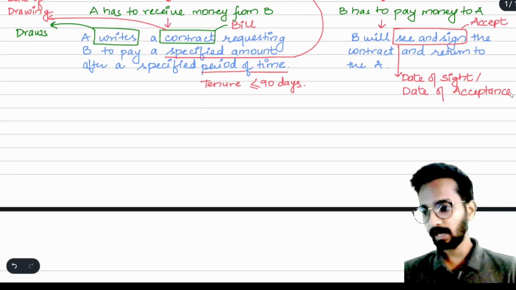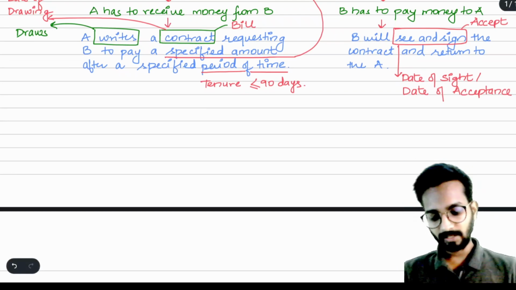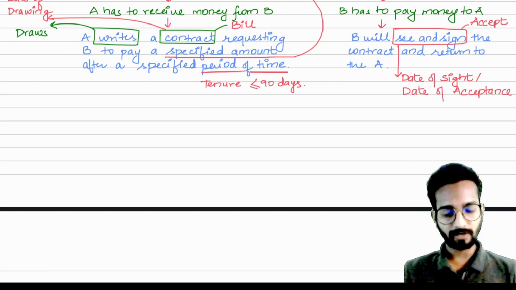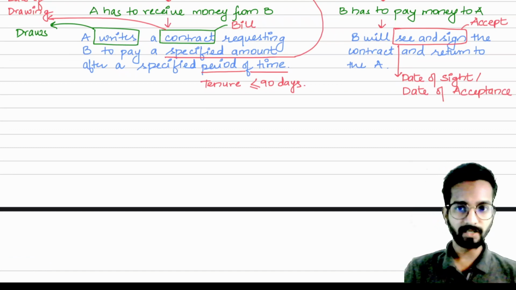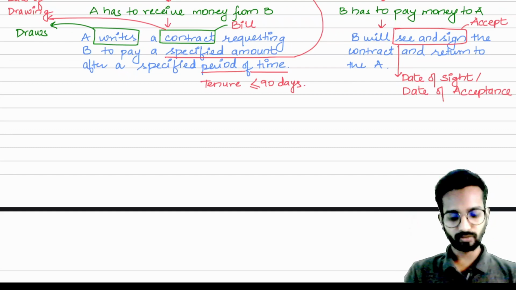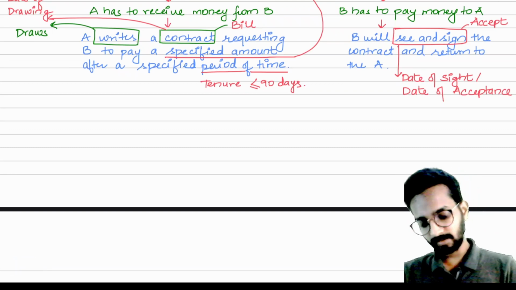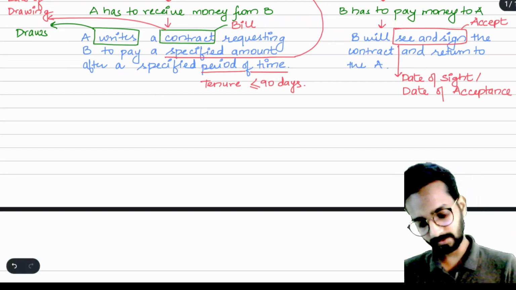Very simple. Now, what happens after this? See, now understand very carefully. A draws the bill requesting B, you have to pay this amount, and he sends it to B. B accepts that and he signs it. After signing, he will return it to A. Now, understand this thing. B has to receive money from A because we know that